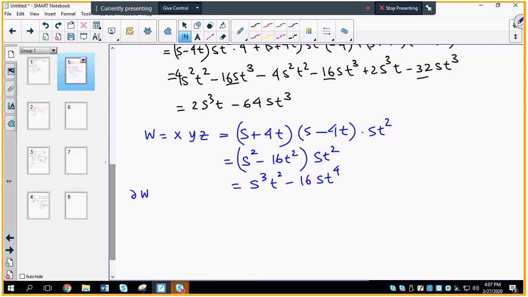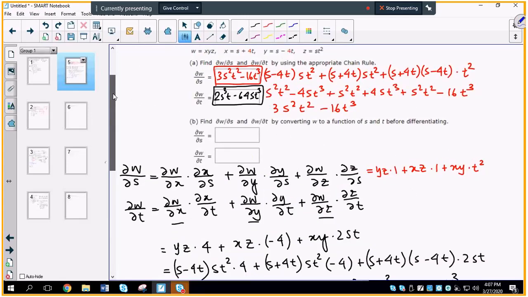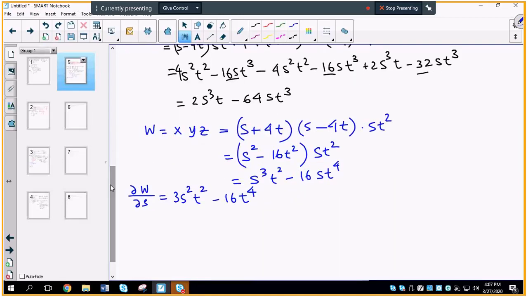And remember what I'm trying to find. Del W del S. Derivative partially with respect to S. So you get 3 S squared T squared minus 16 T to the power 4. Did we get that last time? Let's check. Yeah, we did. I mean, that should be T cubed, and I have written down,